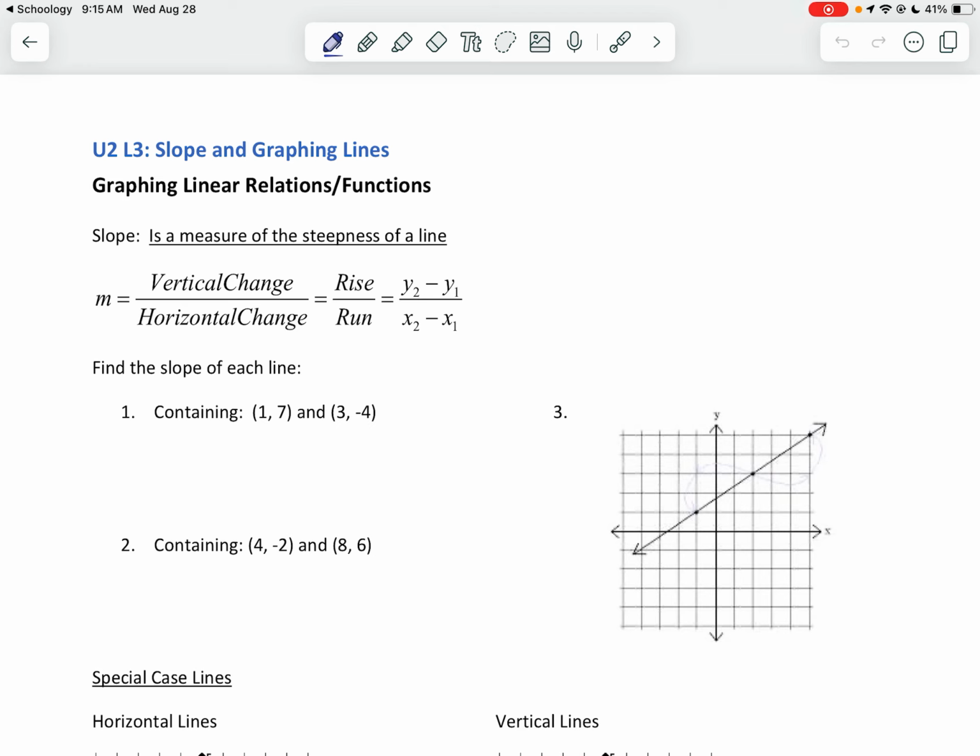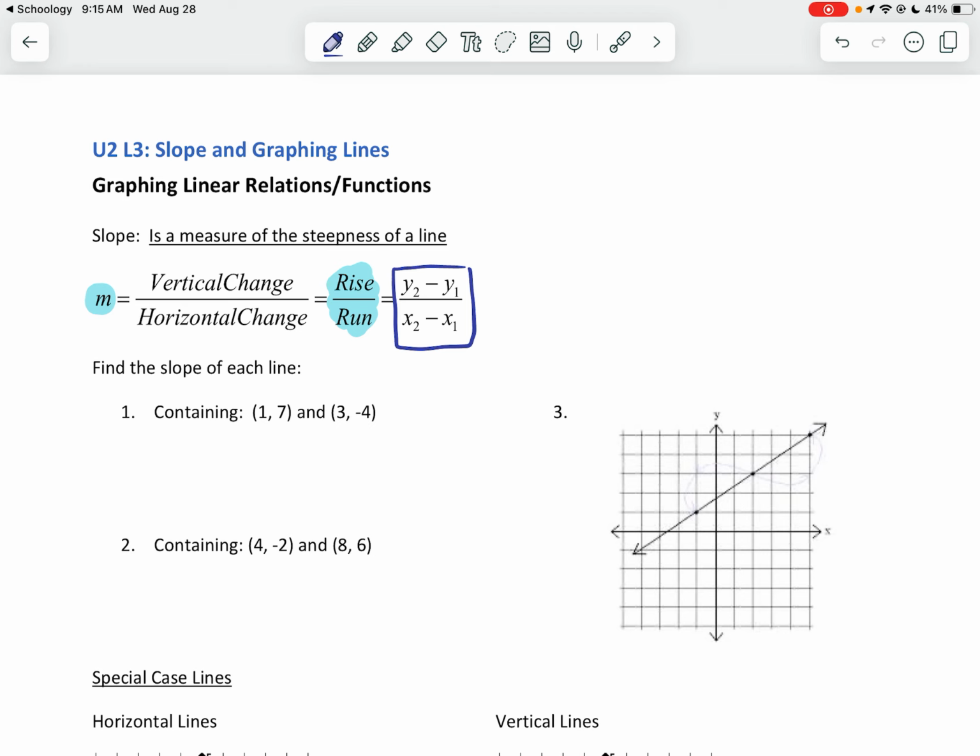So what is slope? Slope is a measure of the steepness of a line, so how steep a line is. So you've probably seen this before. So slope, we always represent with the letter M, like y equals mx plus b. It's a change in the y's, or vertical change, over a change in the x's, or horizontal change. Okay, so it's rise over run on a graph, or if you have points algebraically, it's subtract your y's divided